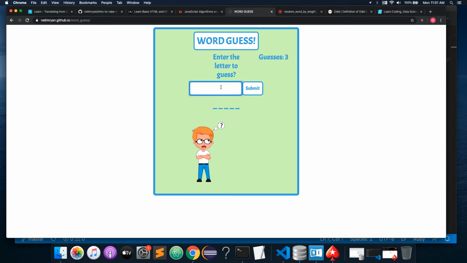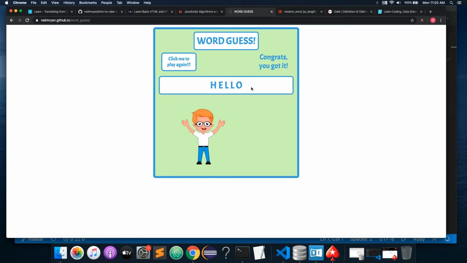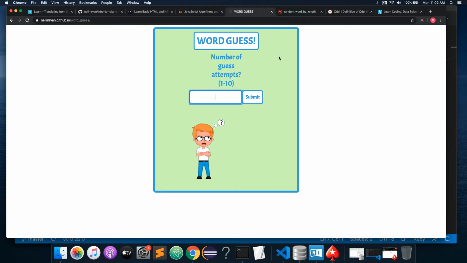Then if your opponent guesses a correct letter and submits it, it will populate here. And if they guess an incorrect letter, they lose a guess, and the missed letter shows up here. So this is a game that operates exactly how you would expect it to for the most part. Ta-da! So you can click a button here to start the game over, but it would be really nice if